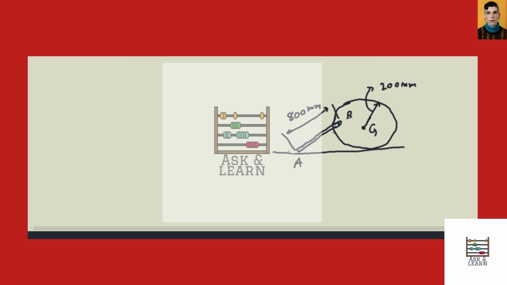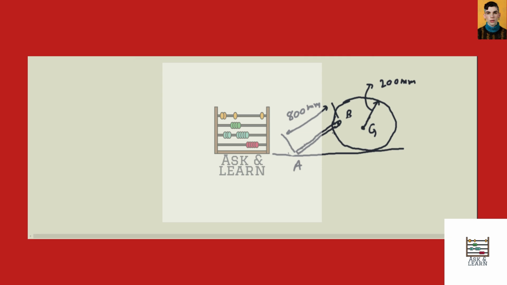Hello friends, here it is given a disc of radius 200 millimeter. So the radius of the disc is given, 200 millimeter. It rolls without sliding. Knowing the distance VG is 160 millimeter,